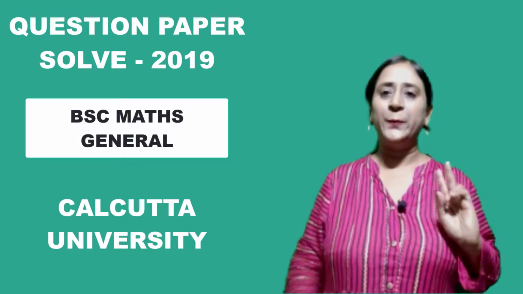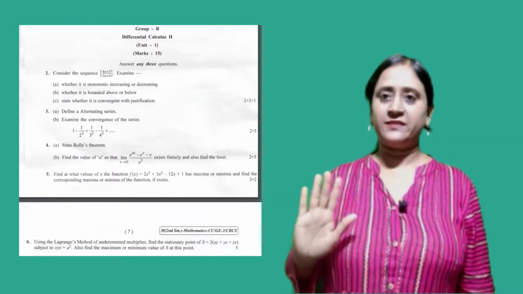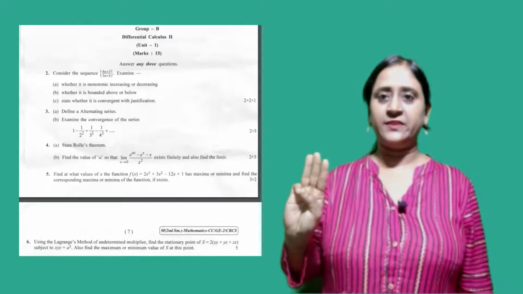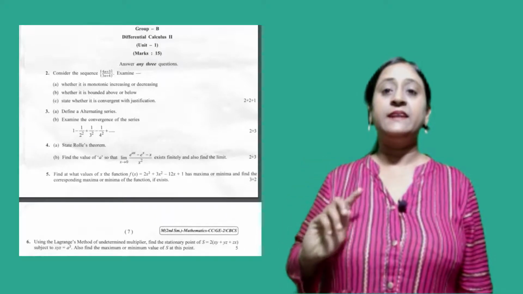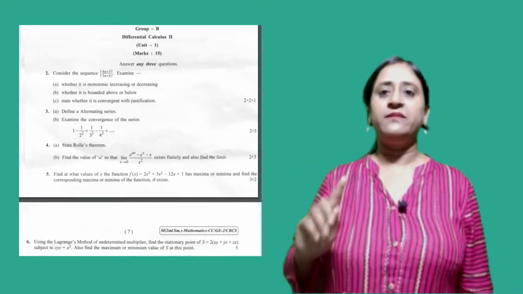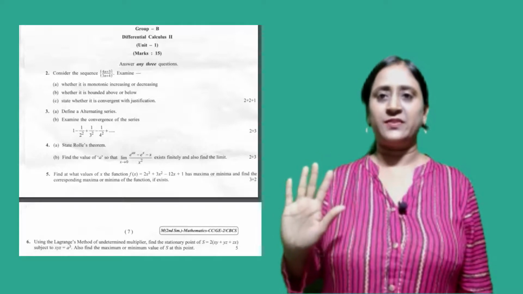নেক্সট গ্রুপ বি। গ্রুপ বিতে 5টা কোয়েশ্চেন দেওয়া আছে, 3টে কোয়েশ্চেন করতে হবে, অ্যান্ড ইট ইজ অফ 15 মার্কস। এভরি কোয়েশ্চেন হ্যাজ 5 মার্কস। ওকে,